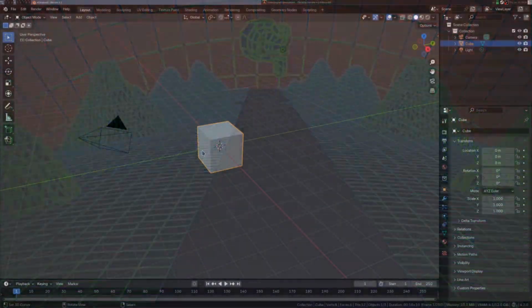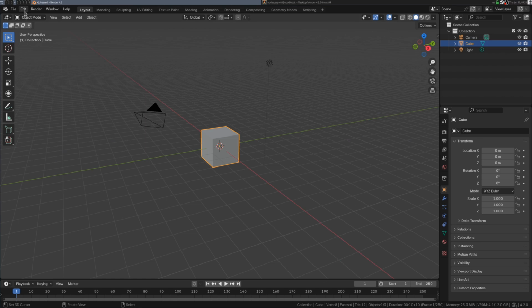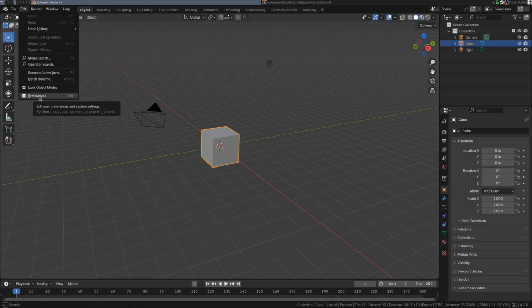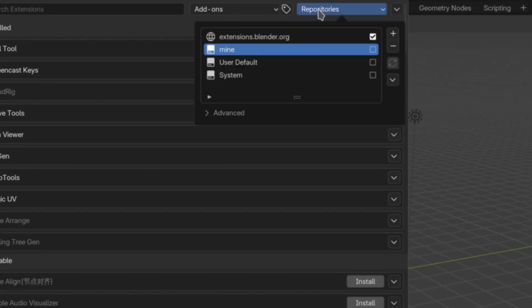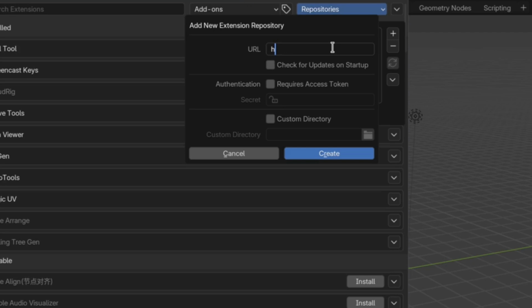Let's talk through the basic workflow of Mantis Rigging Nodes. First thing we're going to need to do is install the add-on. So if you go to Edit, Preferences, and then go to Get Extensions, up in the top right corner there will be a Repositories tab. Add a new remote repository. For the URL, we're going to go with